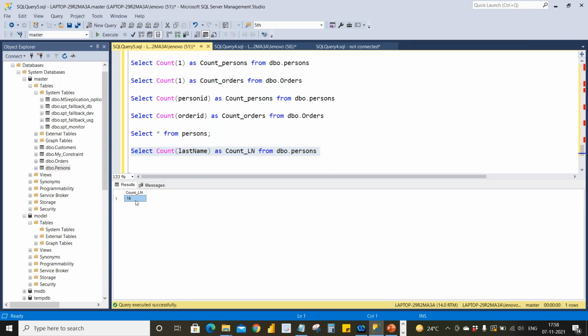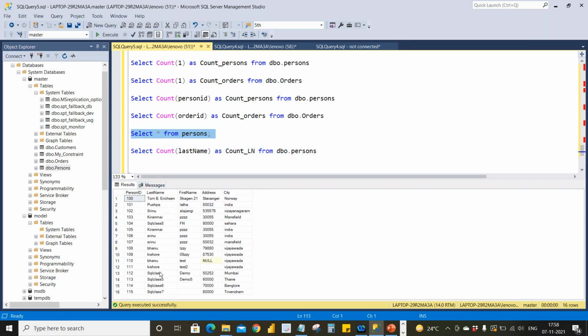So for last name I am getting 16. Now I know that in the persons table I have some duplicates. If you see, I have three Shrinus, and something like two Banus. We have some duplicates in the last name.